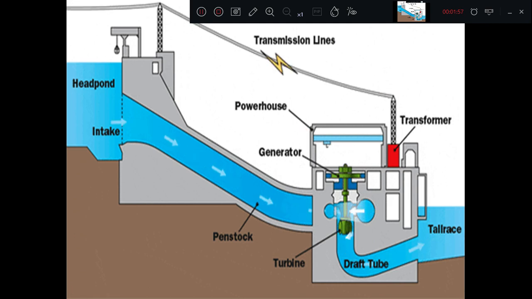This is how mechanical energy is converted into electrical energy in a hydropower plant. You can see here there is a head, and in the penstock water is flowing and hitting the water turbine. The water turbine starts rotating. It has a magnetic field, and there are stationary armature conductors. Because the rotating magnetic field cuts the armature conductors, there is an induced voltage, which is then stepped up and transmitted. This is how mechanical energy is converted into electrical energy.